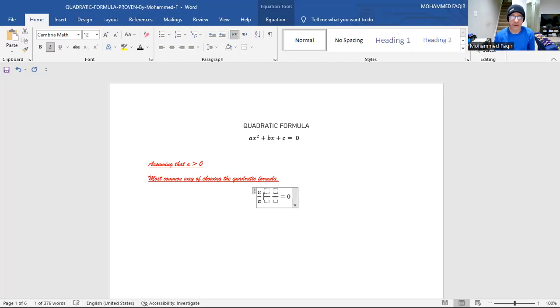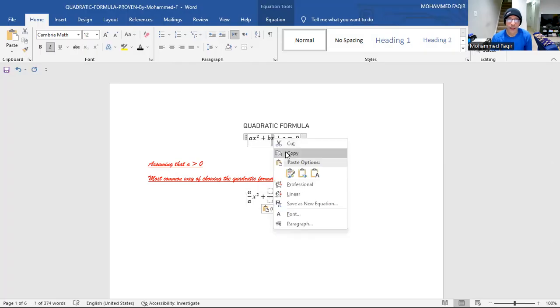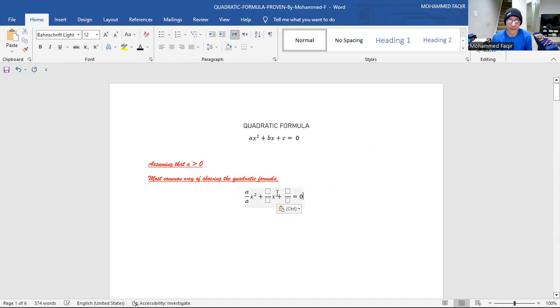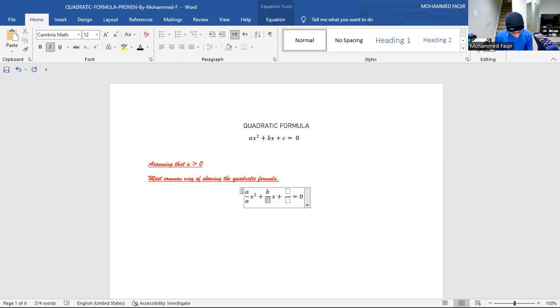So we're going to put those plus signs in between before we enter those. Plus sign, and that will stay there. So we're going to grab this x squared here, copy it and plug it here. We're going to copy this one and put it here. And this is b over 2a, b over a, as it is, and this would be c